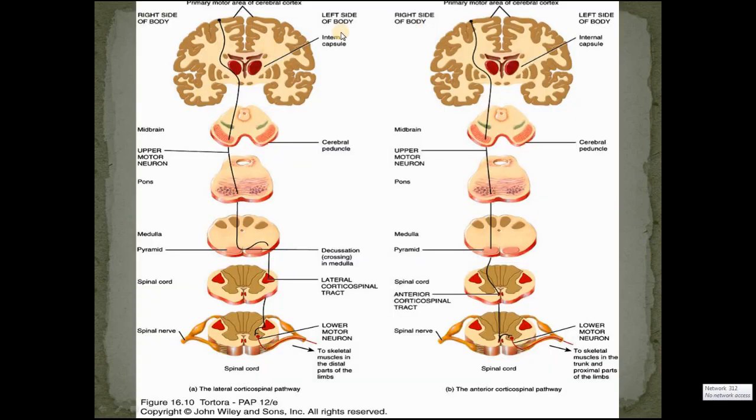You can see in this picture there is a corticospinal tract. This is the lateral corticospinal pathway, and this is the anterior corticospinal pathway. The lateral corticospinal pathway goes from the cortex to the midbrain, pons and the medulla. There a pyramidal decussation occurs, so that's why these tracts are called the pyramidal tracts. Then it enters the contralateral side of the spinal cord and synapses with the anterior horn cells, meaning the cell body of the spinal cord. And the pathway of the anterior corticospinal tract is ipsilateral.